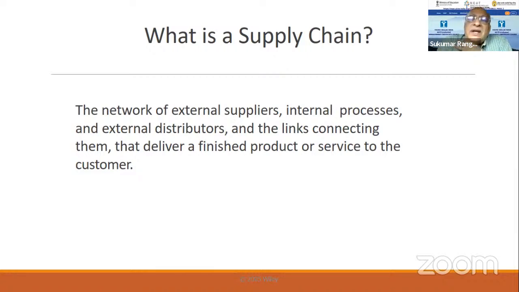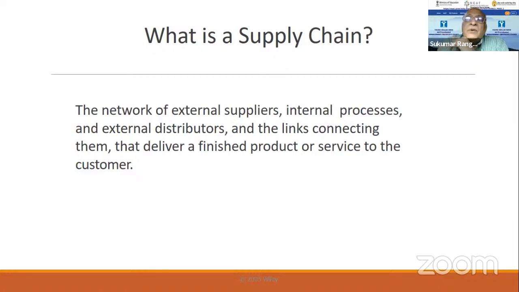See, here the word used is external suppliers, not the supplier. That supplier will have his own supplier, and that supplier may have another supplier supplying a raw material to that, who makes a component, supplies a subassembly, which supplies the subassembly to you to make the finished product, give it to a distributor who may be different from your organization, who then sells it to a retailer, which may be a different organization, which then reaches a point of sale and then to the customer.